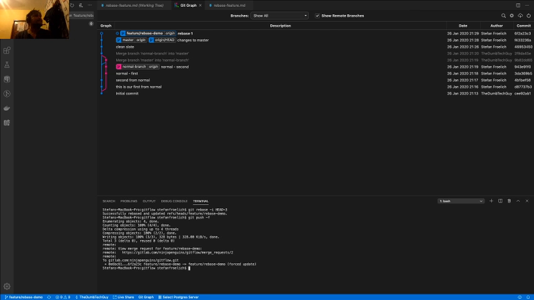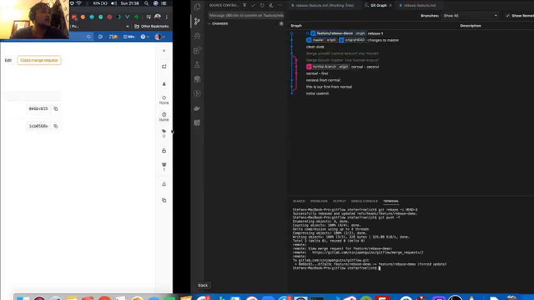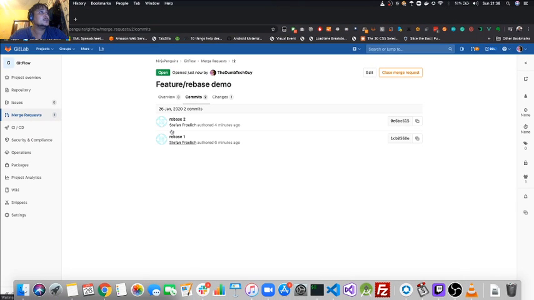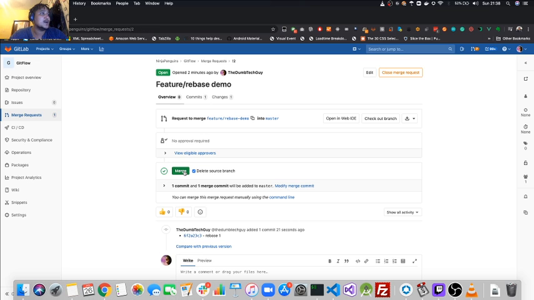So now what you notice here is we have only one commit in our rebase, which means that if someone wanted to review, all they will have is one commit. And at this point, if you were to merge this into master, then you are just going to have one branch, one commit coming